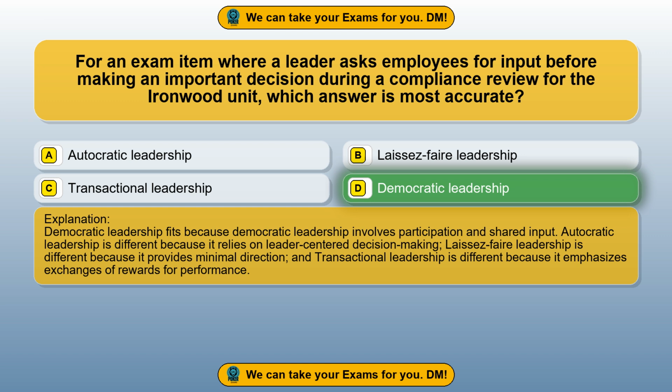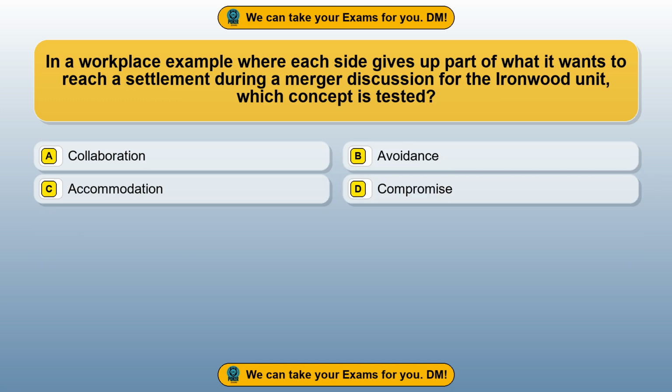Autocratic leadership is different because it relies on leader-centered decision-making. Laissez-faire leadership is different because it provides minimal direction, and transactional leadership is different because it emphasizes exchanges of rewards for performance. Question 85. In a workplace example where each side gives up part of what it wants to reach